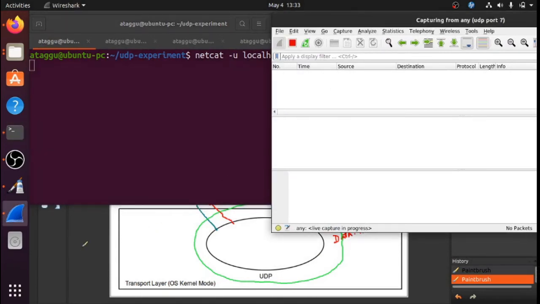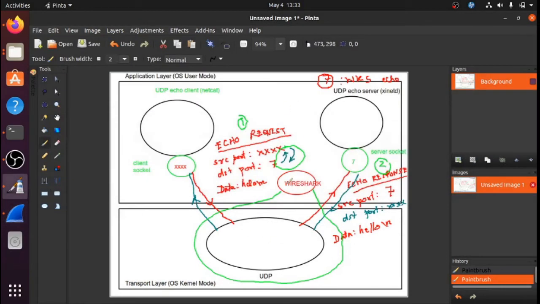Now let's take a look at the other program, this picture. In this picture, Wireshark is sitting. What's the first packet it will observe? The packet that is marked in red, the echo request packet, where the source port will be something and the destination port will be 7. Suppose the data is hello, then it's going to send 6 bytes of data, hello followed by a new line. Now Wireshark sees that this packet gets delivered to the echo server.